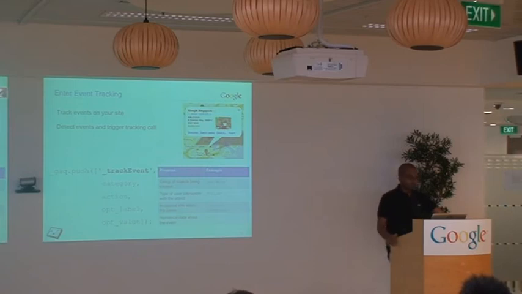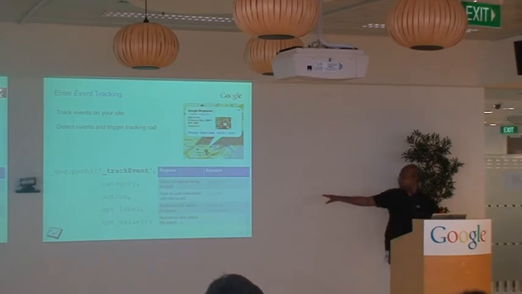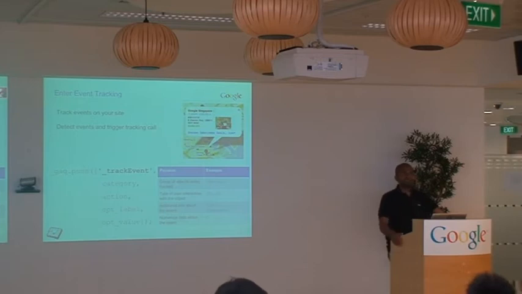Then we have two optional values here. So we have label. You can actually give the action a bit more context. Maybe it's useful for me to know how many people clicked on a particular marker. But I might also want to know what was the marker that they clicked on as well. So you can also provide that information with the optional label there. It gives a bit more additional context. So you say, oh, actually it was the marker for Google Singapore. And then you also have the optional value as well.